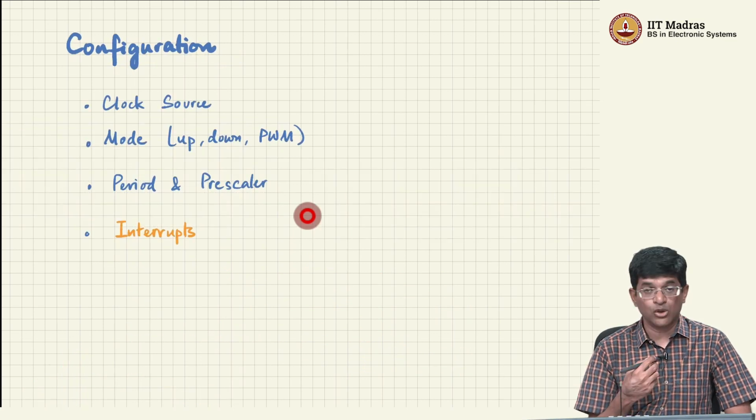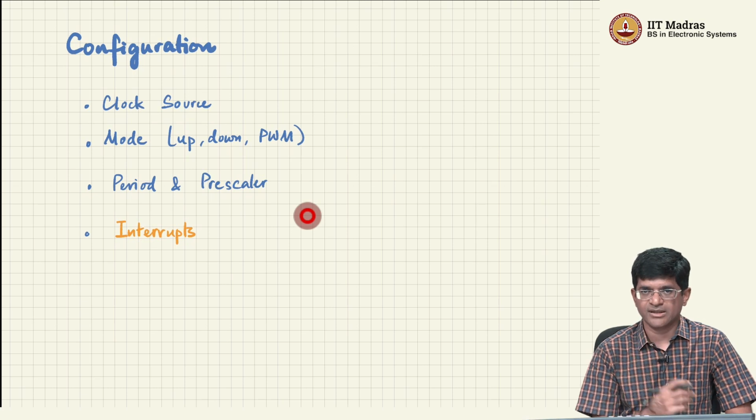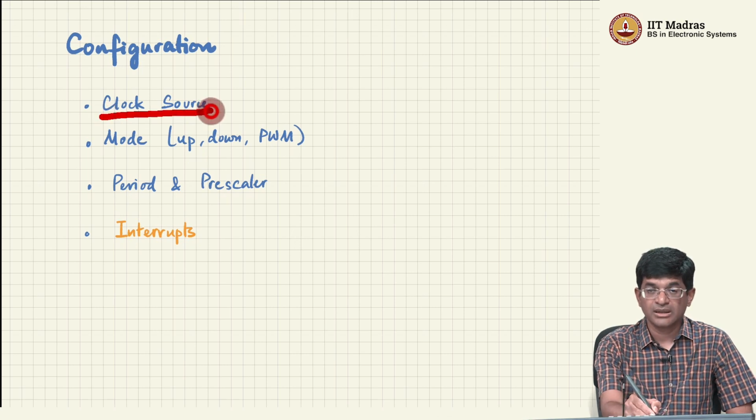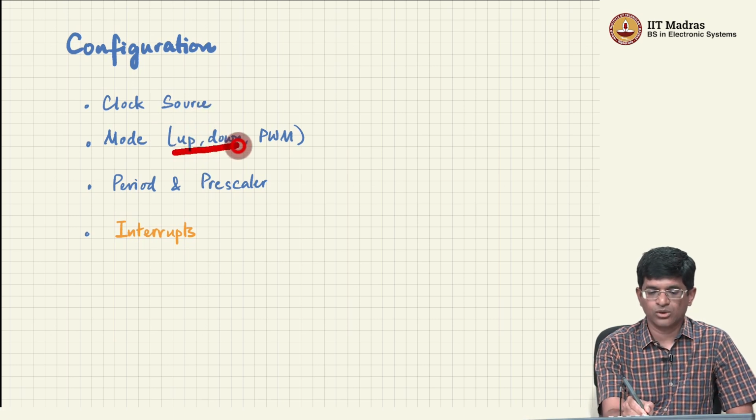So how do you use a timer? There are many things that you need to do. Again, there will be configuration registers that you need to set certain values for, right? Which basically comes down to things like what is the clock source, in particular what kind of prescaler to use, right? How much should you bring the clock source down so that it fits into a valid range that you can use. You can change the mode of the counter to things like up counting, down counting, or